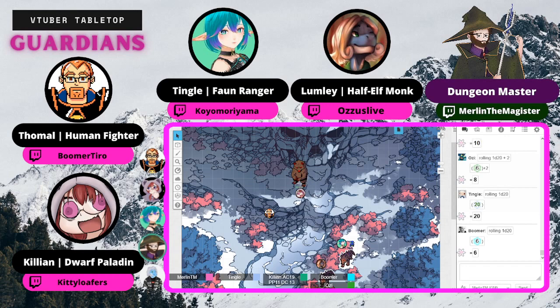Okay, Tingle, you're up. Jungle, but this is northern deciduous forest. Do they look like normal wolves, or do they look like changed or something like that? Your favorite terrain is forest, right? Yes. Make a nature check with advantage. Nature, plus 0. 13.